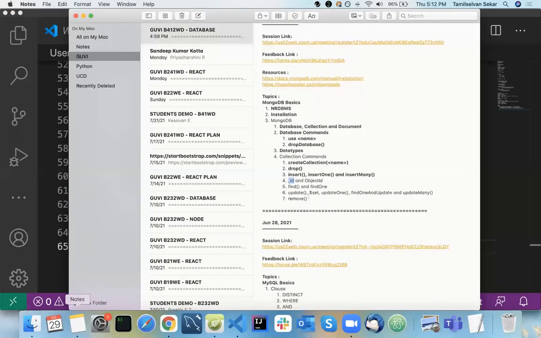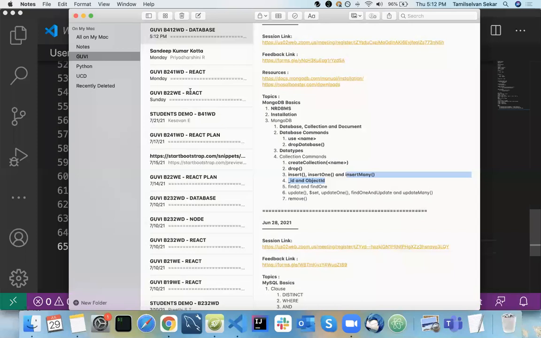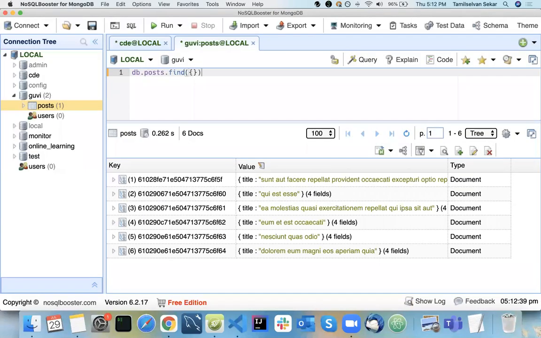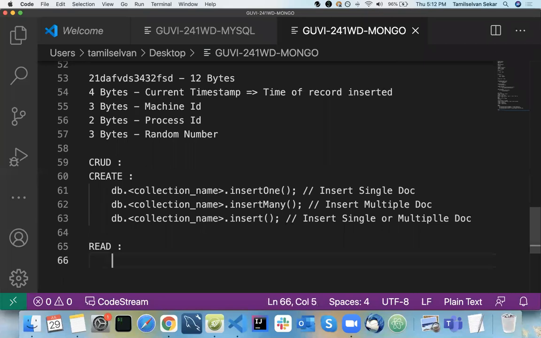Let's see, we have find and find one. Again it's going to be db.collection.things. See here, db.post.find. When you run this, it is going to list all the data in your application. That is the purpose of the find query. Now it's going to be a read operation: db dot that particular collection name dot find.